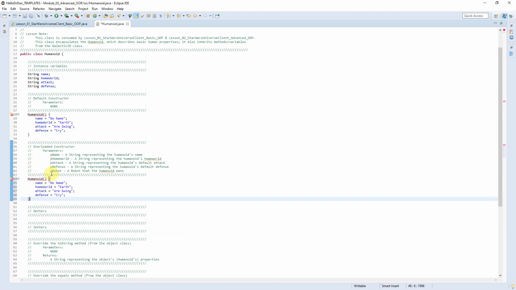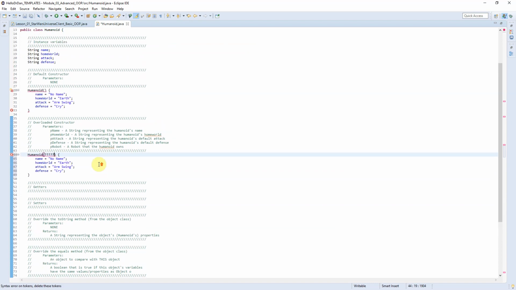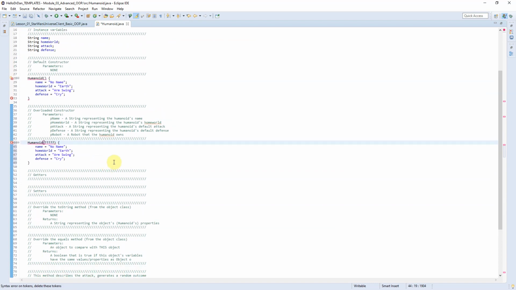But what's different about the overloaded constructor is that it actually takes in some parameters. And almost always, at least when we're first starting out with coding, the safe thing to do is create an overloaded constructor which takes in one parameter for every single